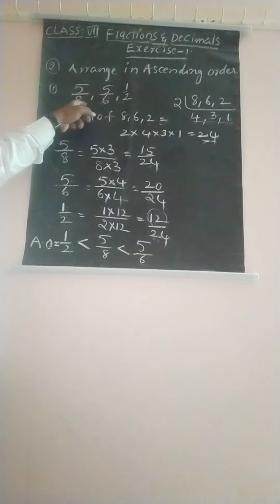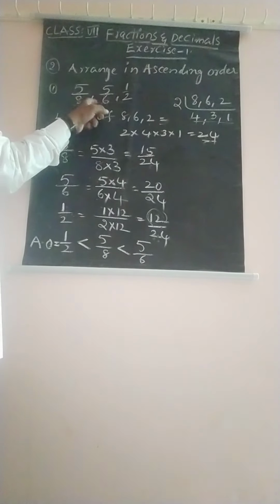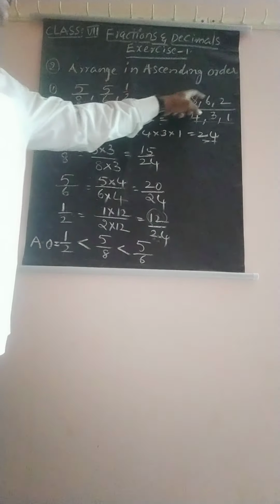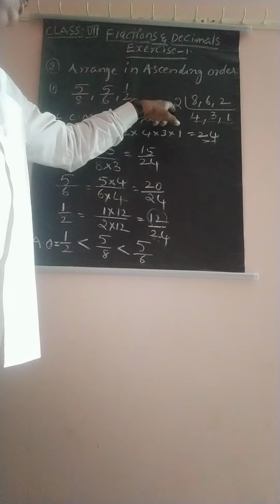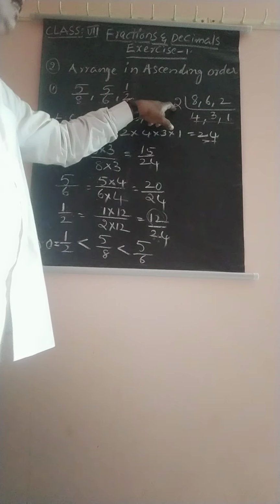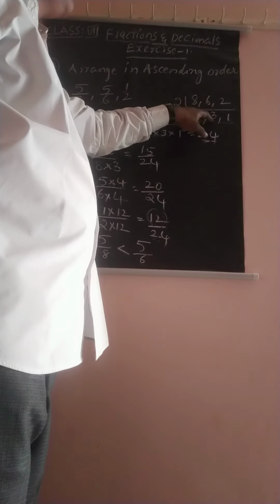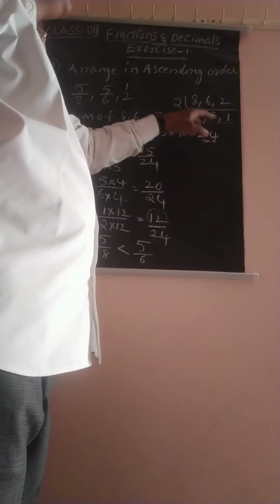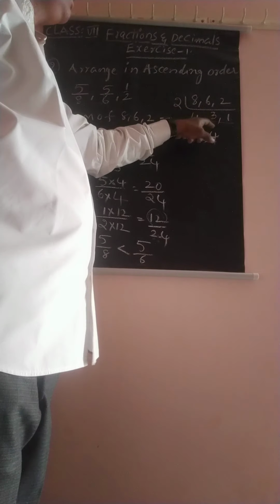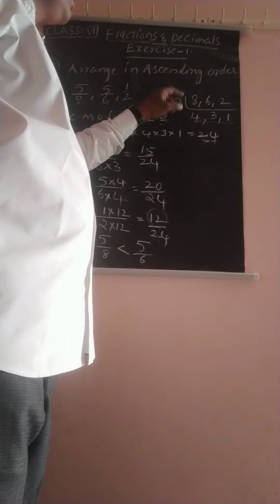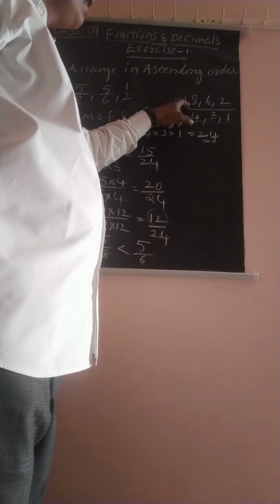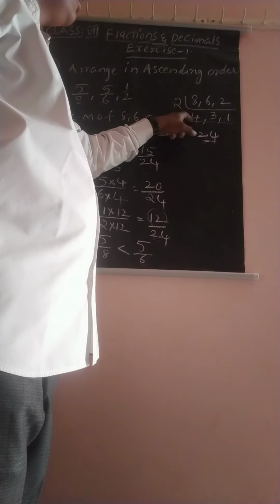First we make all the denominators the same, by taking the LCM of all denominators. 8, 6, 2. It goes in the 2 table, all are. So in the 2 table, 8 goes 4 times, 6 goes 3 times, 2 goes 1 time. Then still no two numbers go with the same table. So the LCM is not finished, still more.